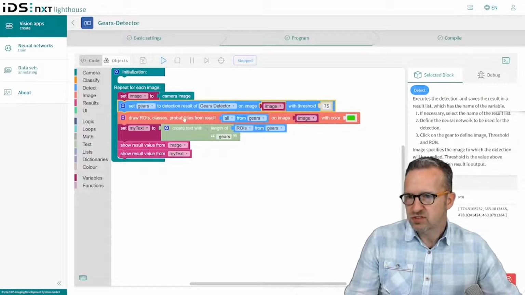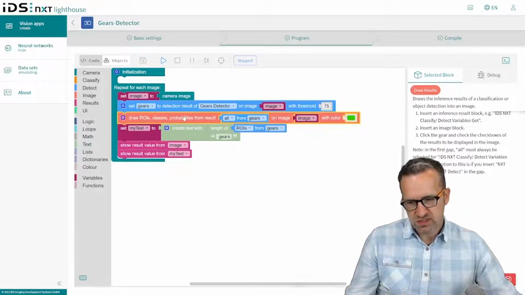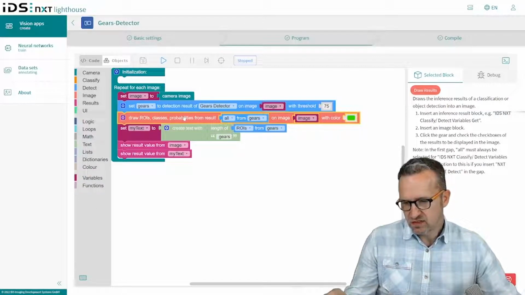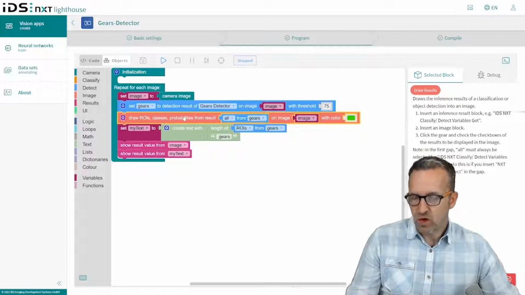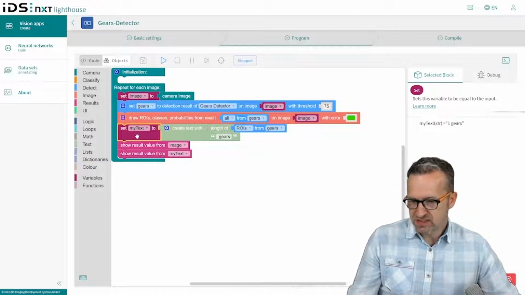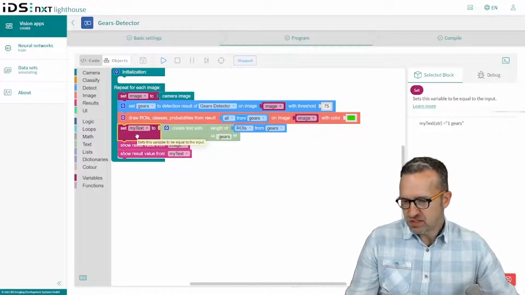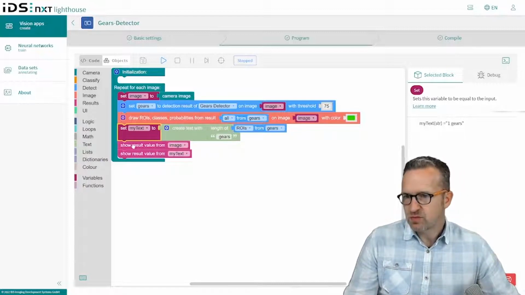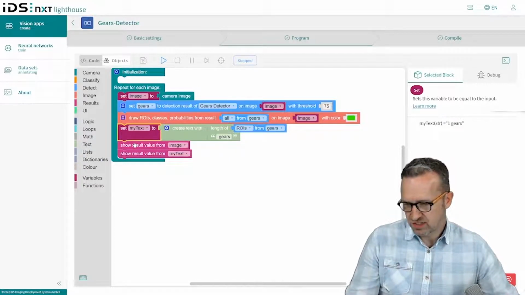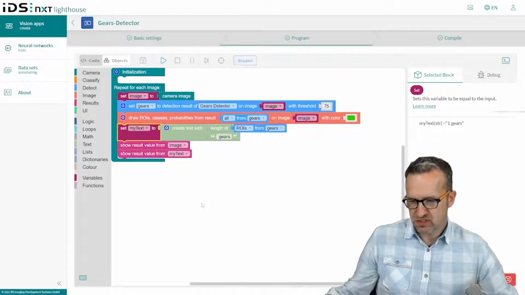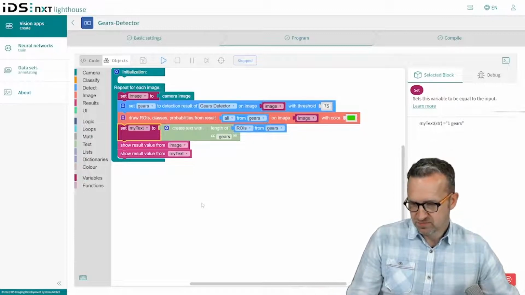Next thing we have to do is to draw the results of the detection as ROIs in the camera image. This way we can later also see visually what the detector detects. And finally, we prepare the detection results in a nice text for the app interface, the GUI, graphical user interface, and display the results in the last step of the image and of the text. And that's it. With this, a first process workflow of our really small application is completely described and ready for a test.